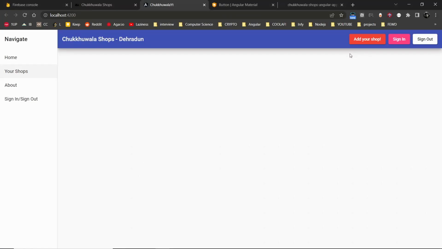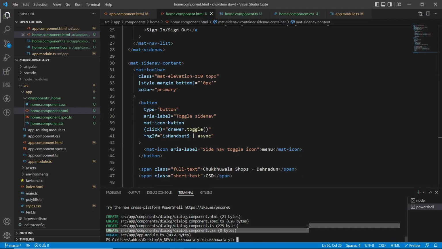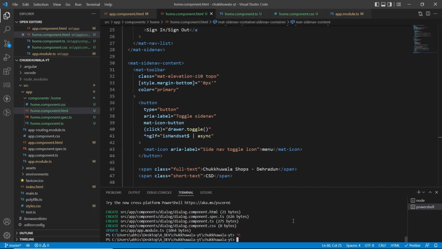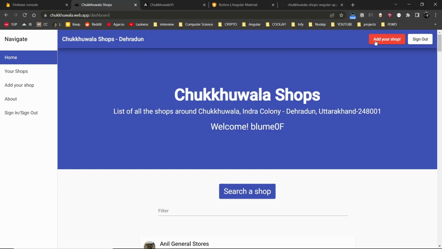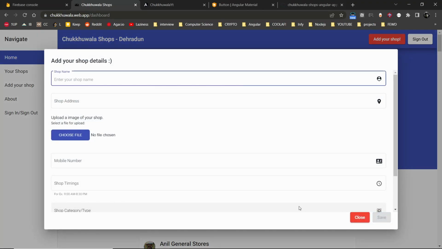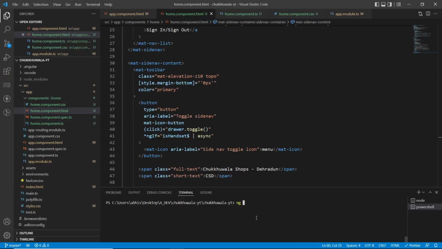Now we need to create one more thing. We need to work on what happens when I click this button, so our form should be displayed, right? When I click this button, this should be displayed. This whole form will be in a separate component, and we'll name that